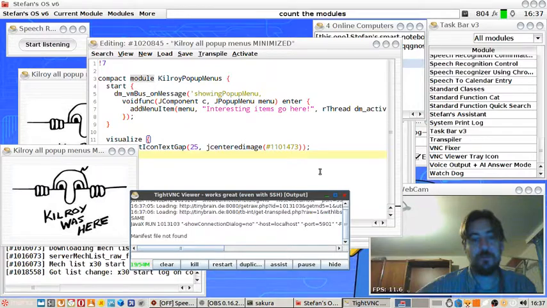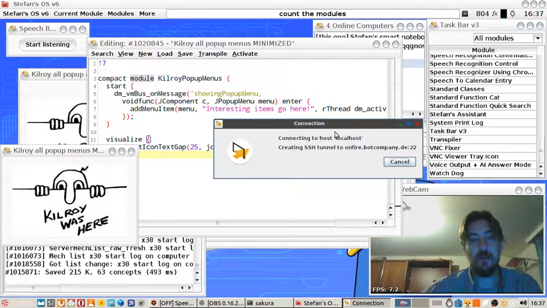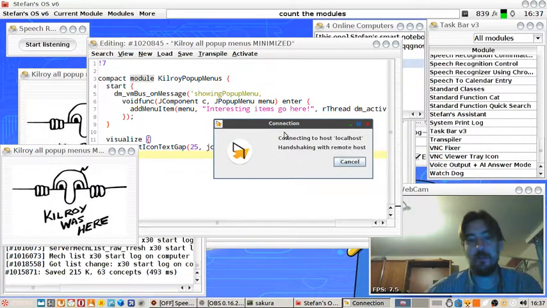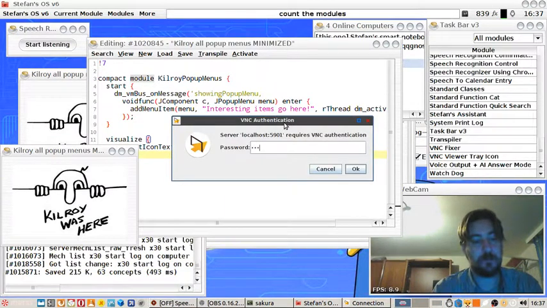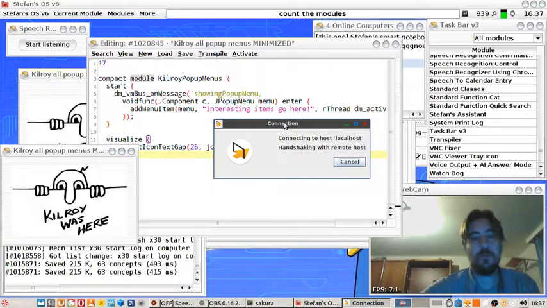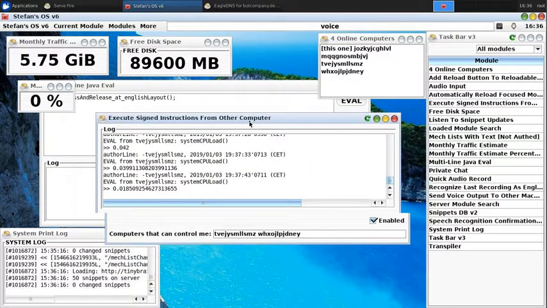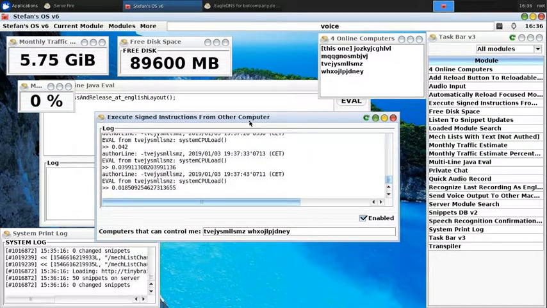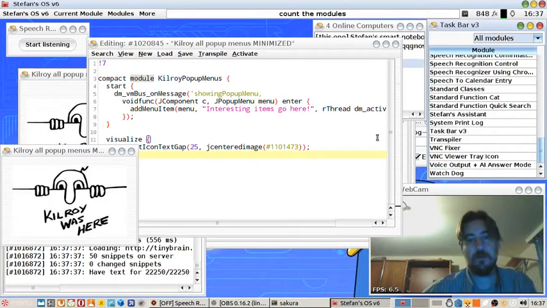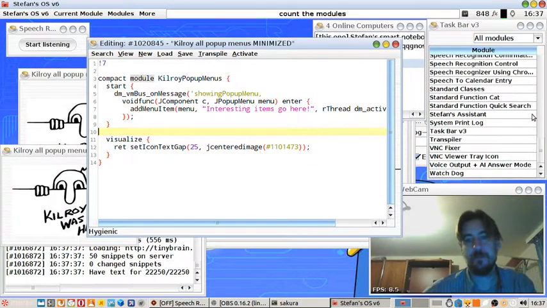Don't obscure me, that's not nice. It does SSH tunneling, it does everything you want, and connects to one of the many VNC servers I have. Yeah, it's just slow because of the recording. Here, that's my other machine. It looks similar because it also has my operating system running. And yep, so many things.